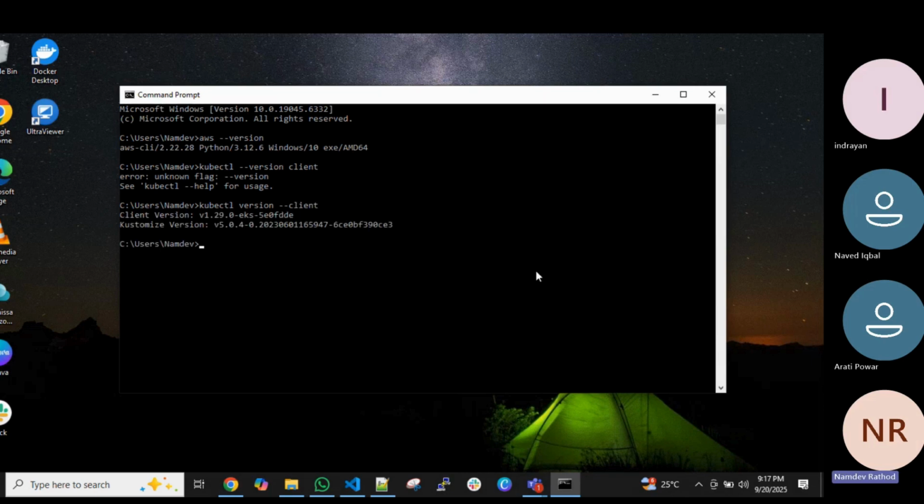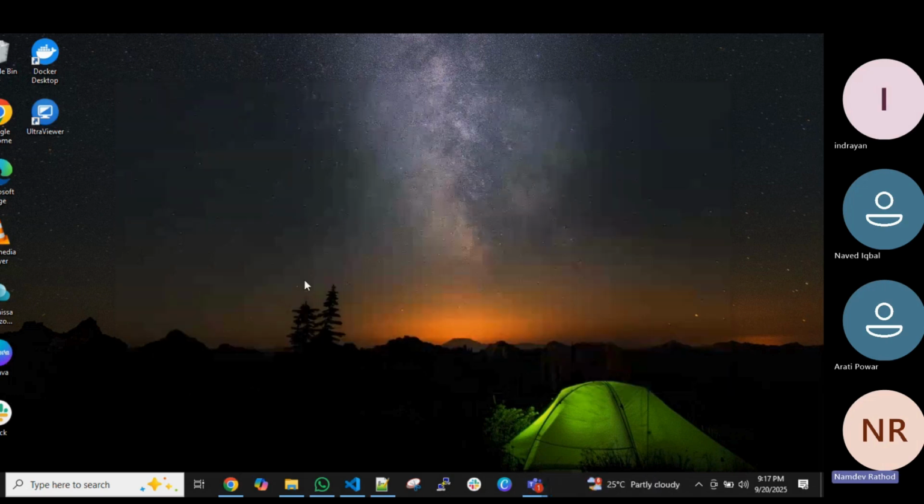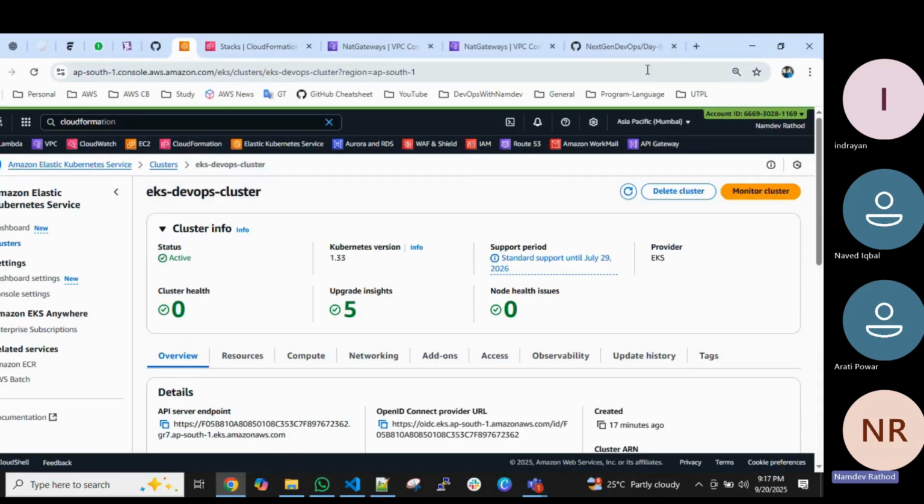Okay, so I have both versions available, kubectl and AWS CLI. AWS CLI you require to configure your IAM user, and kubectl is required as the command line utility to manage your Kubernetes cluster. Right. So I have already given the step by step